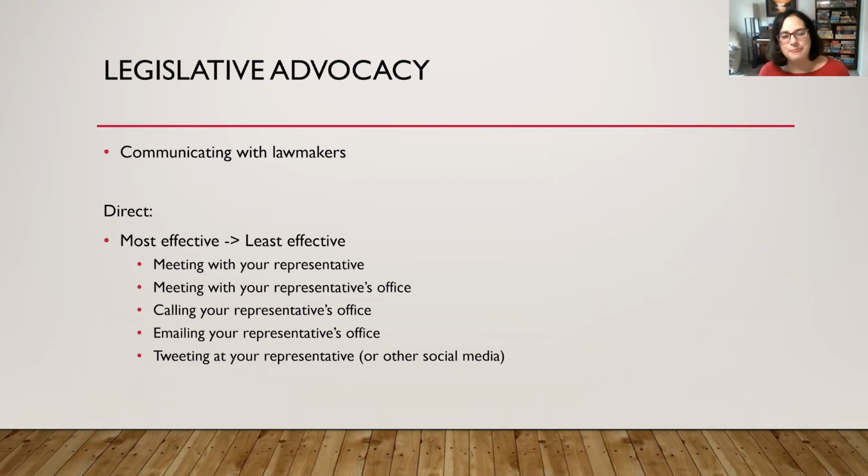Tweeting, social media, a little less effective. Most representatives don't necessarily have their own or aren't managing all of their own accounts. And if they are, it's still hard to get that real connection that allows trust from someone that may be distantly giving advice or thoughts. Social media isn't the best medium for in-depth policy discussions or for places for people to ask questions. But again, it is a communication method that is available to people.